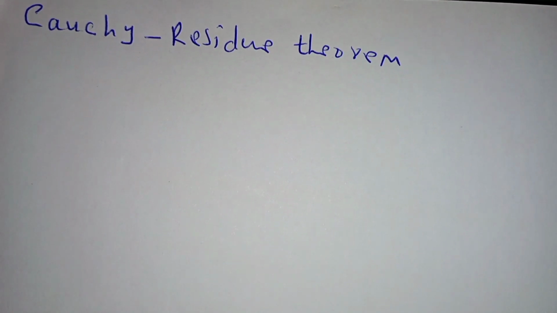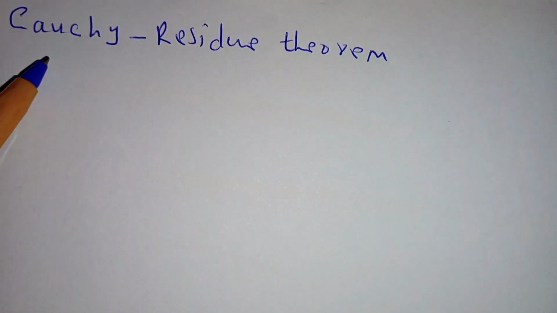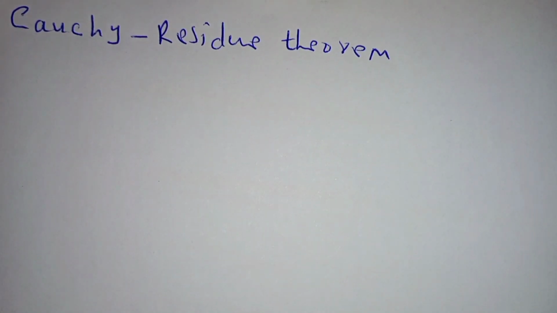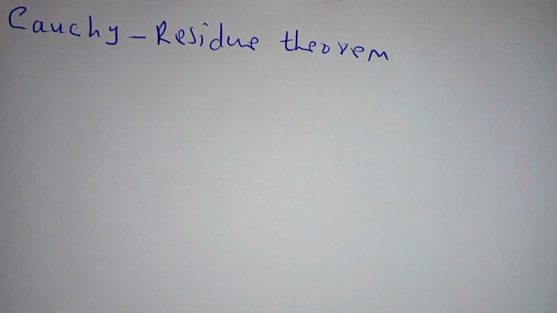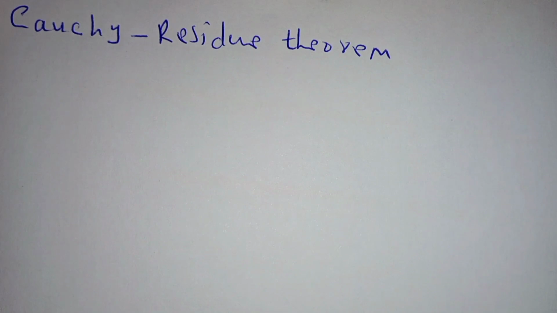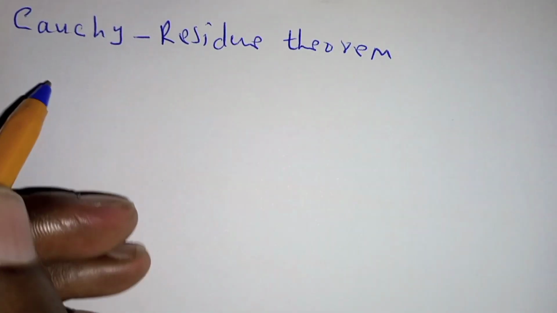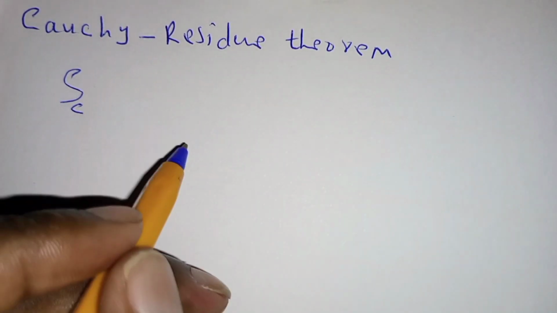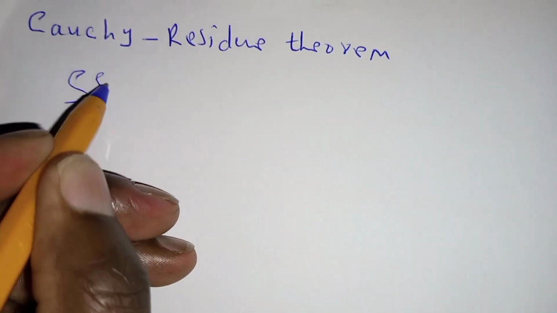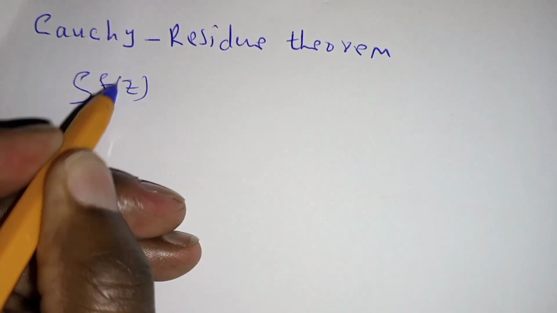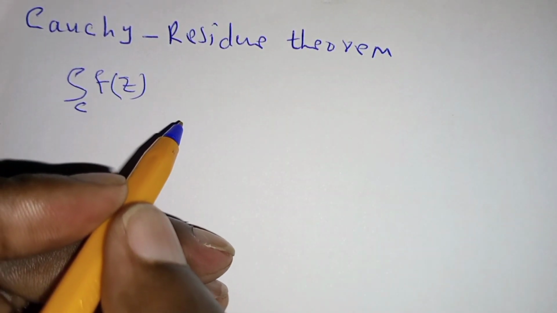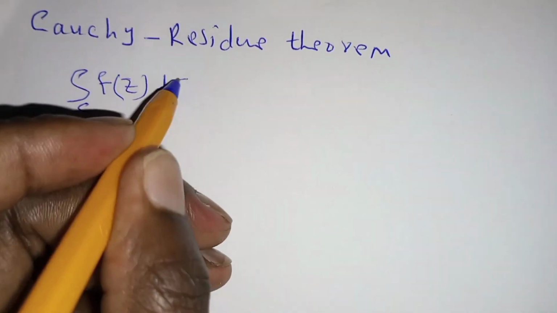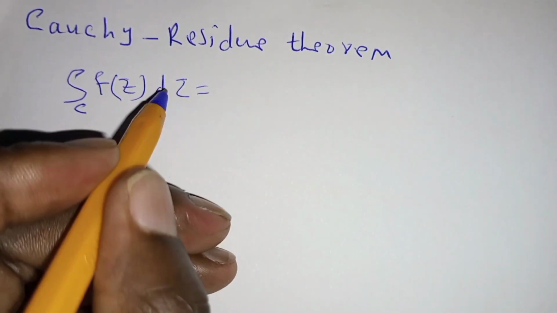Today's consideration is what is called the Cauchy residue theorem, which is applicable when you want to find the residue at a circle. And this is how it is given: the integral around a circle of a complex function f of z dz is given by